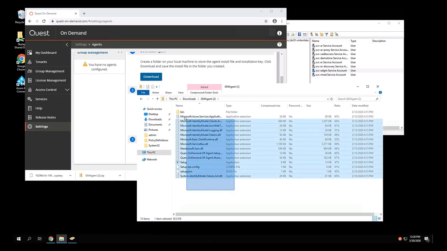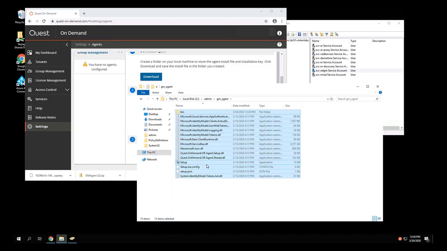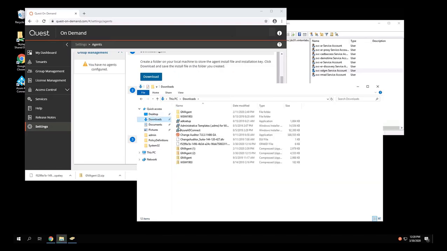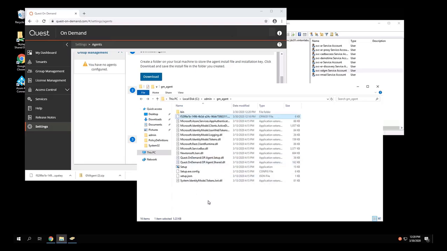And now we'll unzip the contents of this file into a new directory, where we don't mind the service running from. Go back to Downloads, and now copy your OPA key file into the same location. Double-click on setup.exe, and